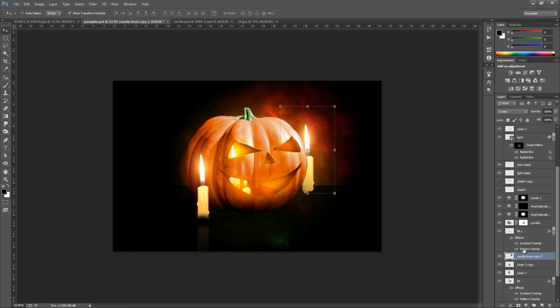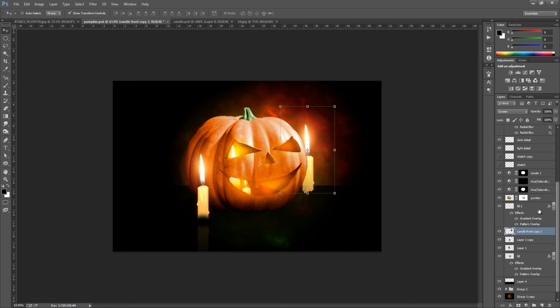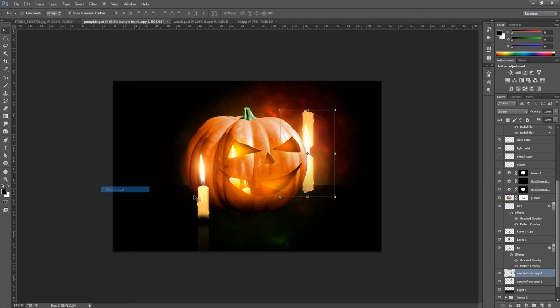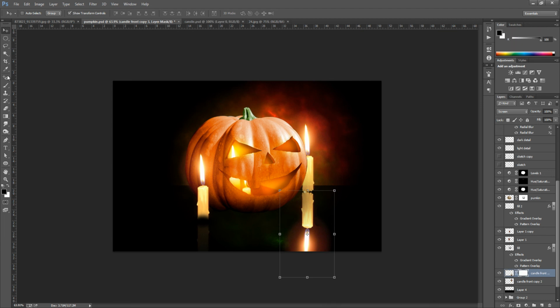So we just want it underneath Fill 2, or you can have it underneath Fill as the normal. It really depends wherever you want to put it, but you can have it anywhere underneath the pumpkin layer. And we're just going to do exactly the same as what we did to the other one. So we're going to just go and duplicate it now, so Control and J, go up to Edit, Transform, Flip Vertical, bring it down like that, and put a layer mask on it, bottom right hand side, go to the gradient tool, black to white, and bring it all the way up like that.